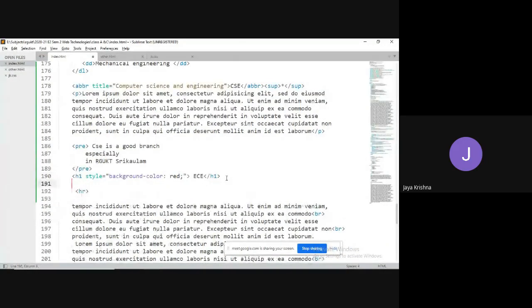For example, there is a tag called the blockquote tag, which is meant to define some text, some information which is available from some other source. For example, lorem.